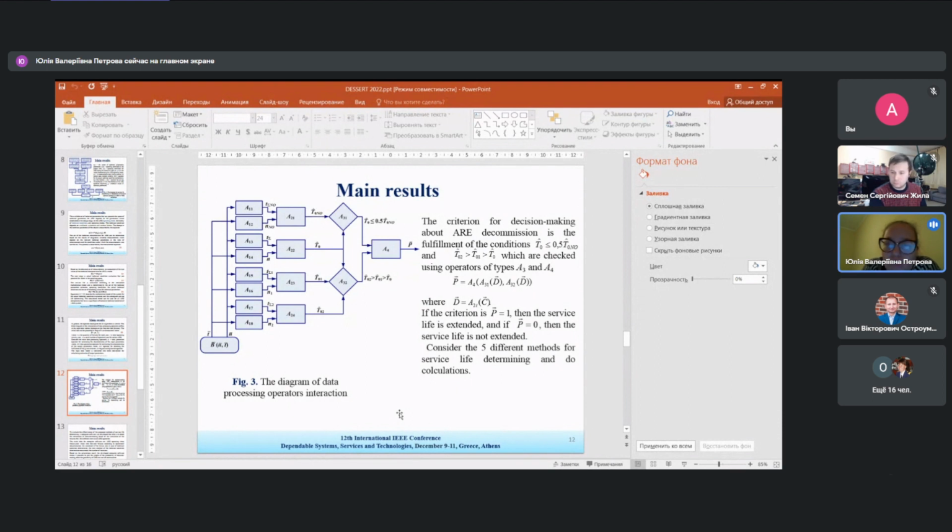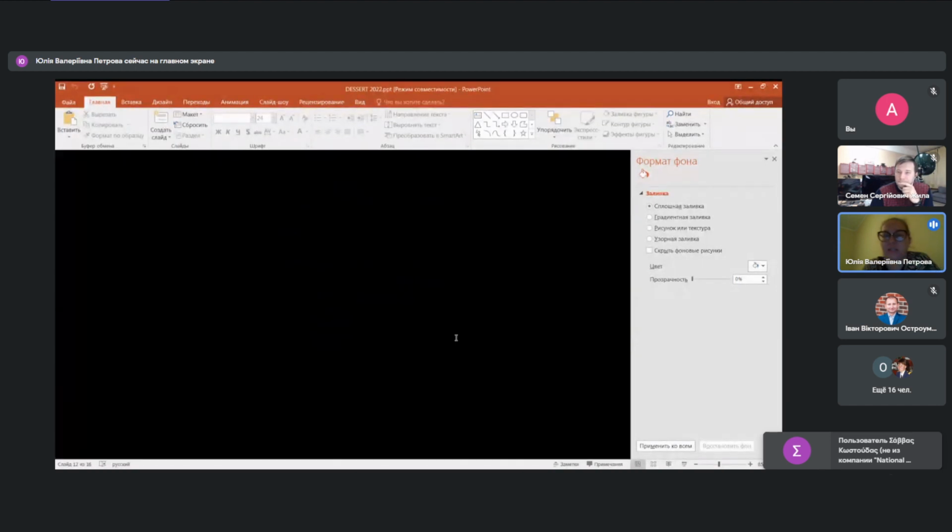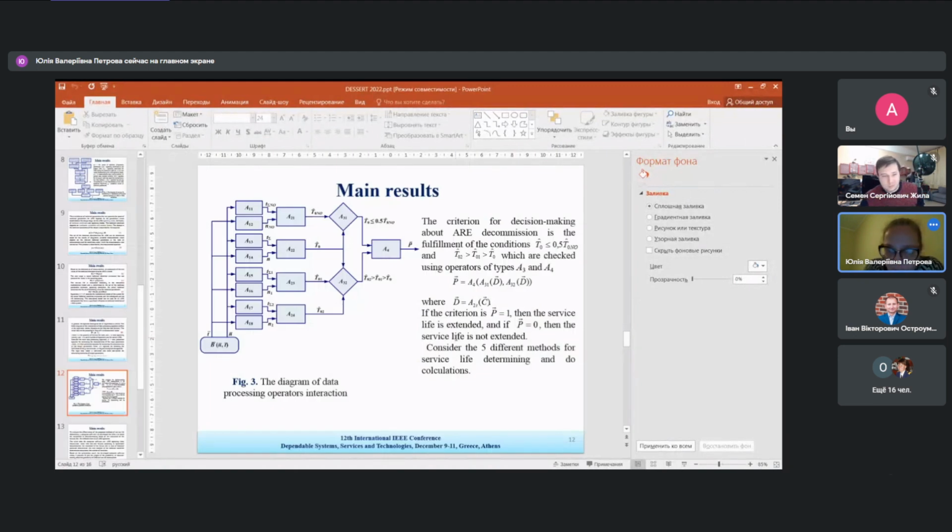The criterion for decision making about aviation radio equipment decommission is the fulfillment of these two conditions. If the criterion P is equal to 1, in this case the service life is extended. Otherwise, the service life is not extended. In this work, we consider 5 different methods for service life determining and then do some calculation. So about these methods. The first method